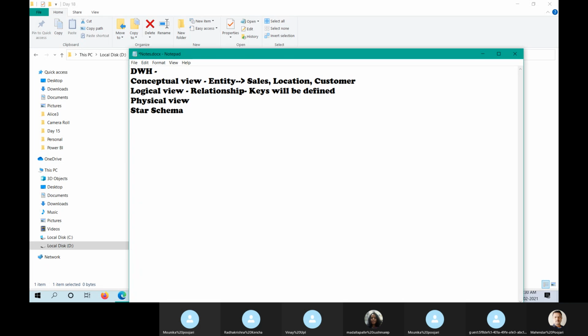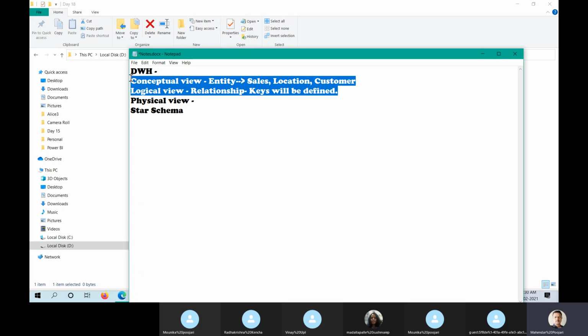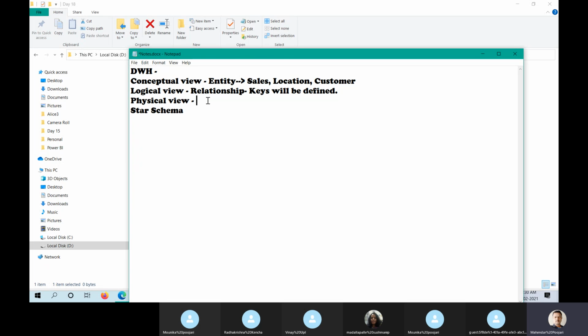But what is the physical view? So far you do not depend on any software, but the physical view depends on the software. It could be SQL Server, it could be Oracle. This is called the physical view.